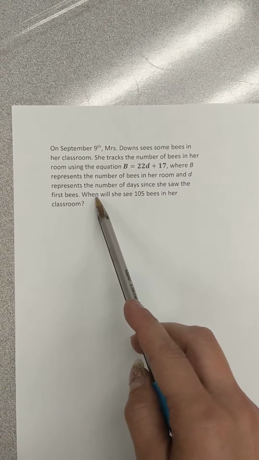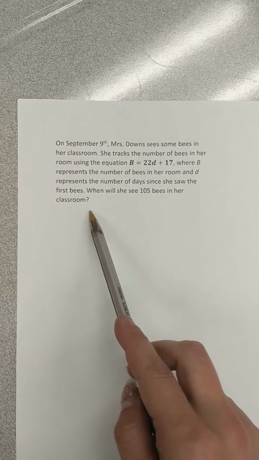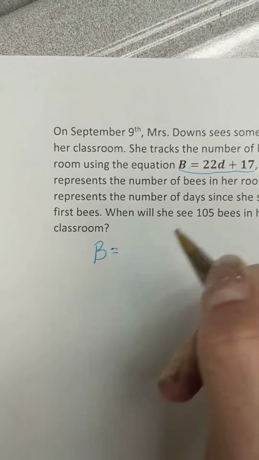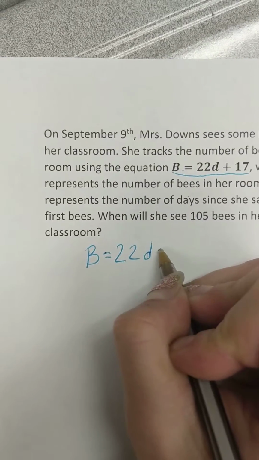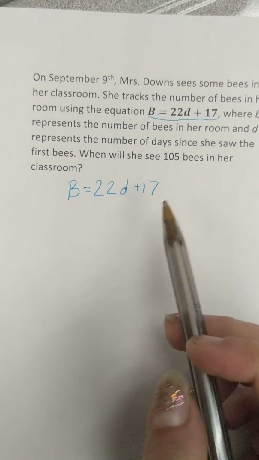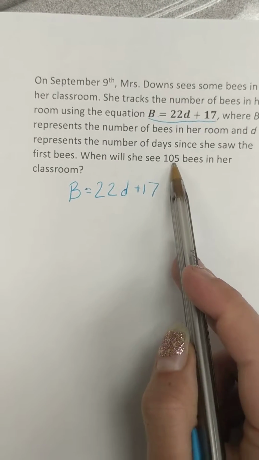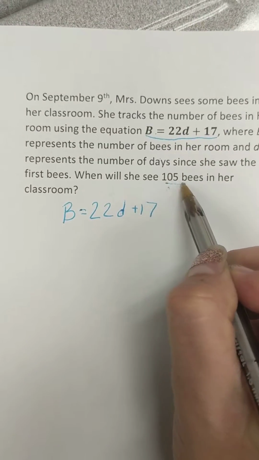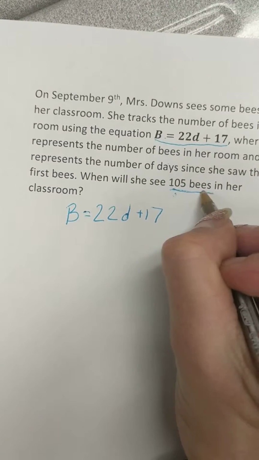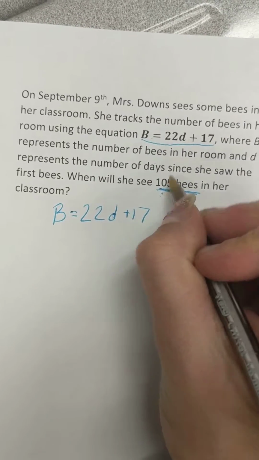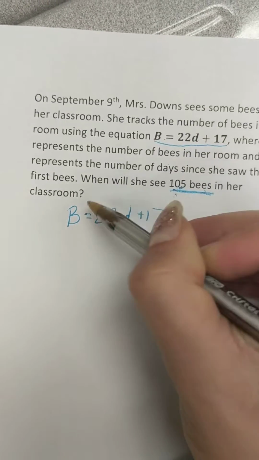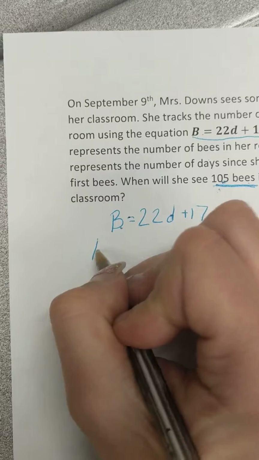The question asks, when will she see 105 bees in her classroom? Okay, so we're going to use our equation. So I'm going to copy that down here. B equals 22D plus 17. It asks, when will she see 105 bees in her classroom? So I know we're dealing with 105 bees. Because I know that number, and B stands for bees, I'm going to plug 105 in for B. So I really have 105